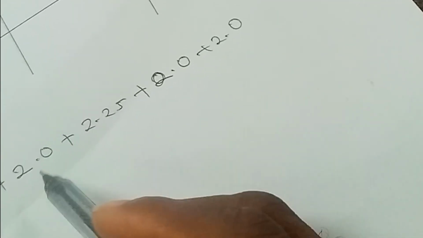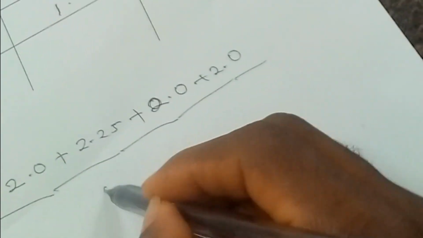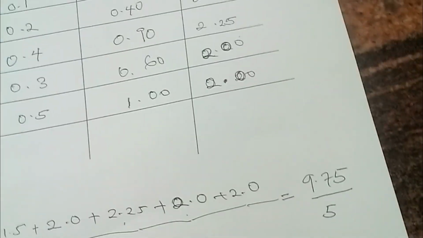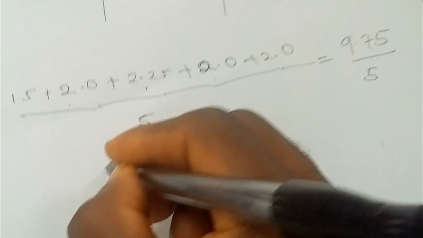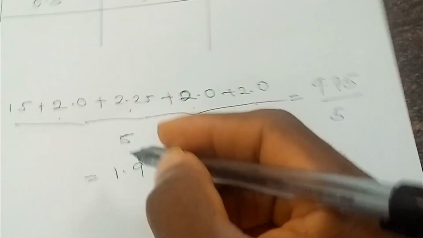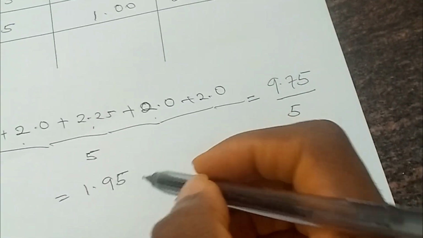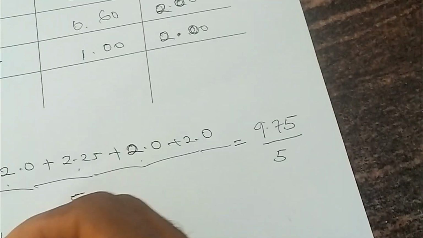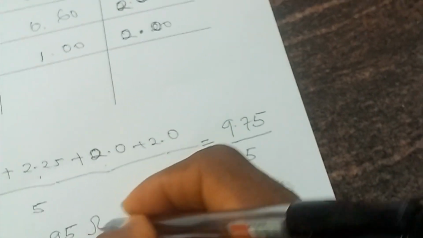So we divide everything by 5. If we do that, 9.75 divided by 5 will give us 1.95. So our average voltage over current will give us 1.95 ohms, which is approximately